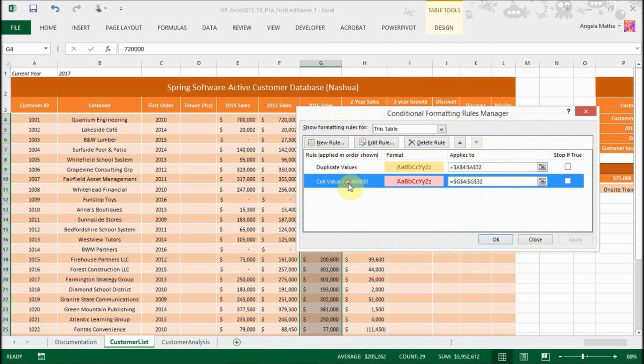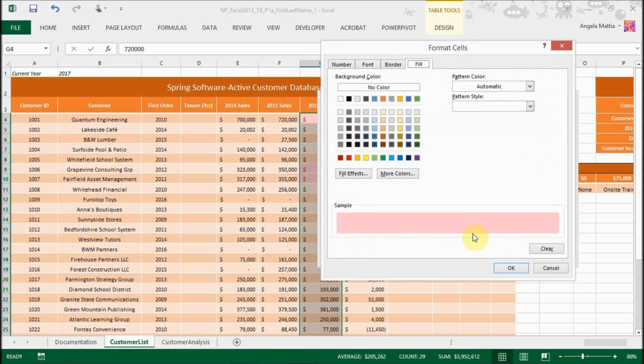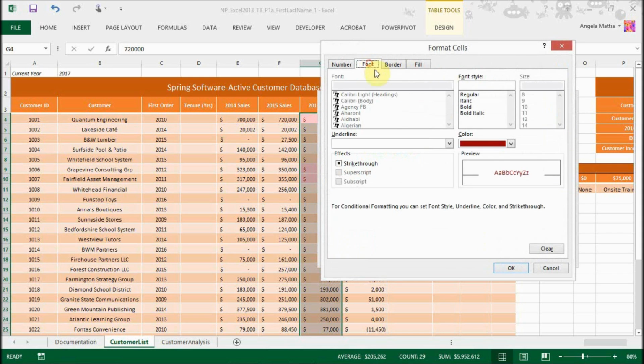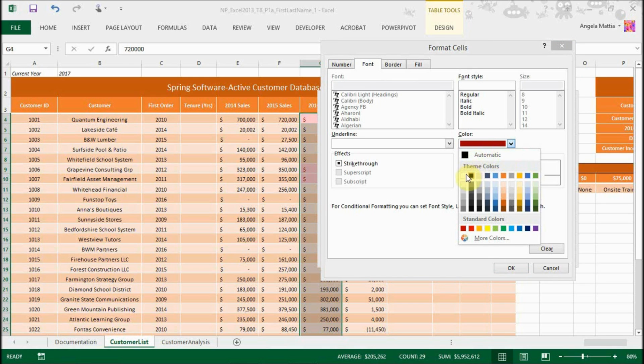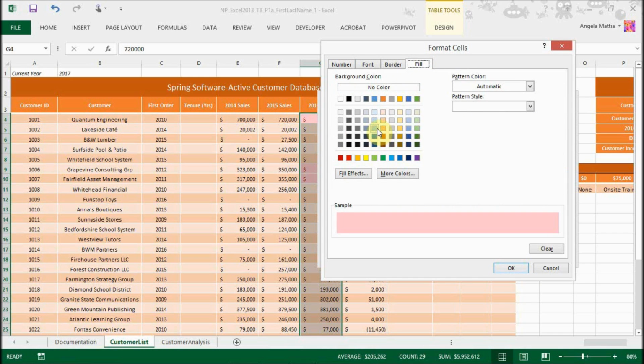We're going to edit this column here because that's the one we're looking at, that G column. And then we click on Edit Rule and we're going to change the format. So we're going to do our font color as White, Background 1, which is here. And then our fill color is the blue